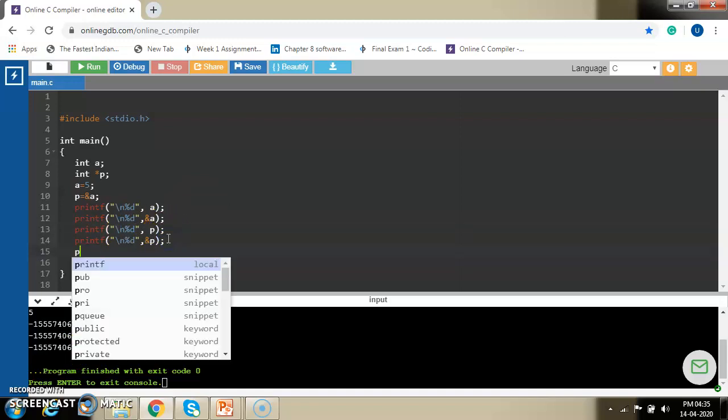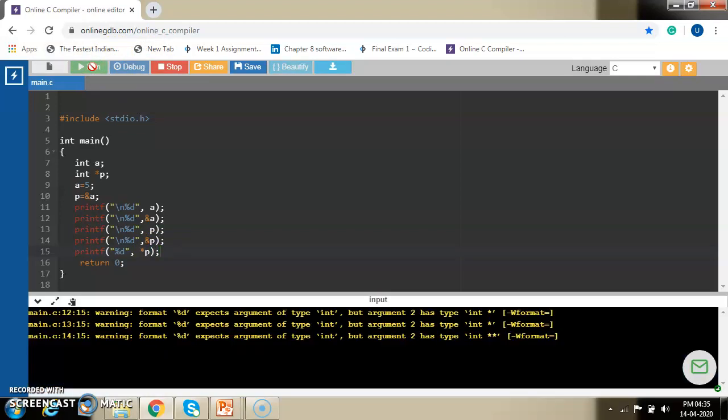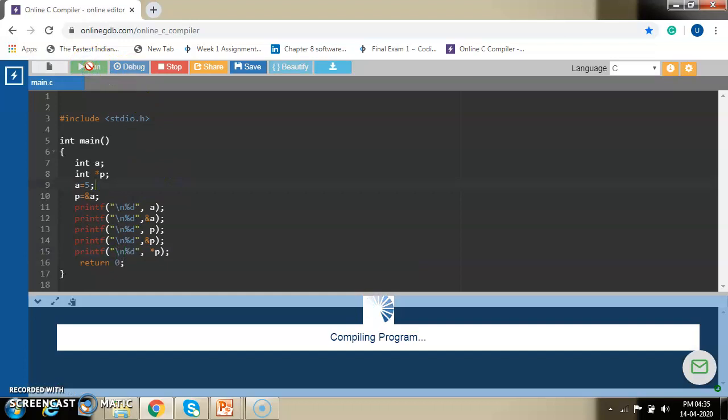Now, if I print %d, pointer p, then it will print what? Say here I have to write \n because I want to print it on a new line.